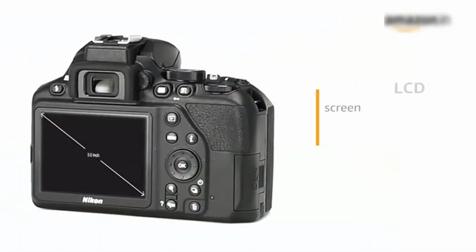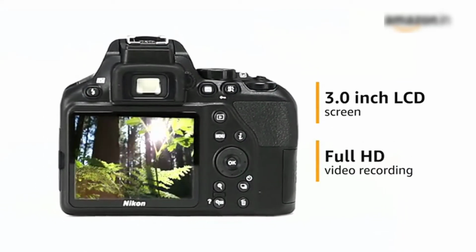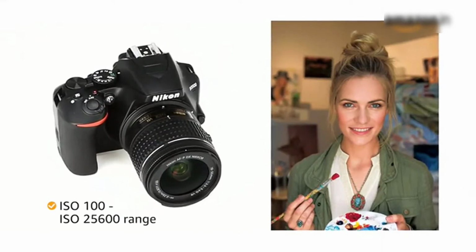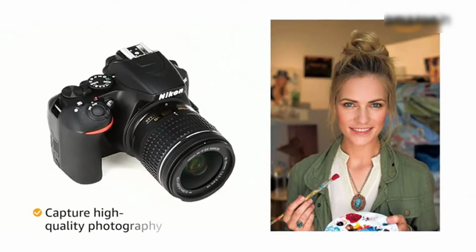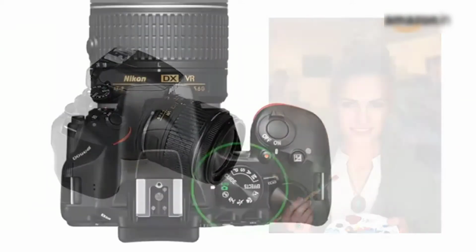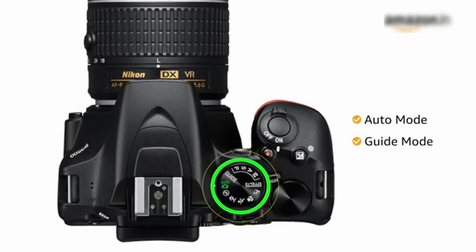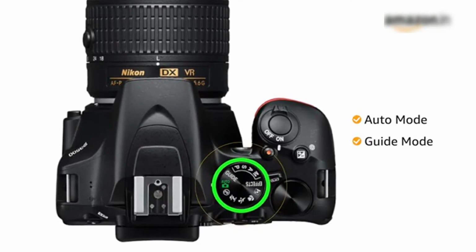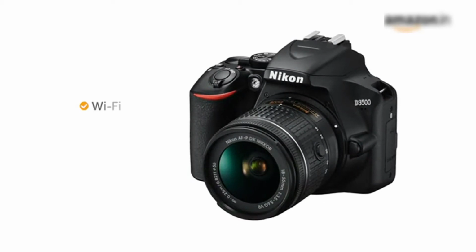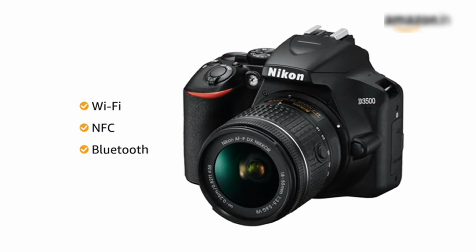beginner camera choice. Housing a top-quality 24.2 MP APS-C sensor, the D3500 can capture detailed, tone-rich images. At a glance it appears low on features, but the Nikon D3500 includes a super handy dedicated guide mode that sits on its dial. Guide mode is a basic virtual photography tutor that will walk you through all of the camera's functions, including in-camera photo editing. It can be tailored to provide full assistance or allow for more advanced control as you grow in confidence and